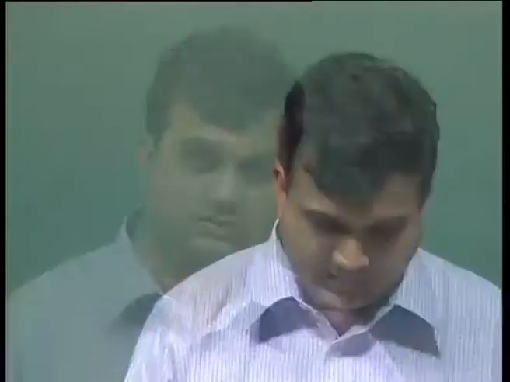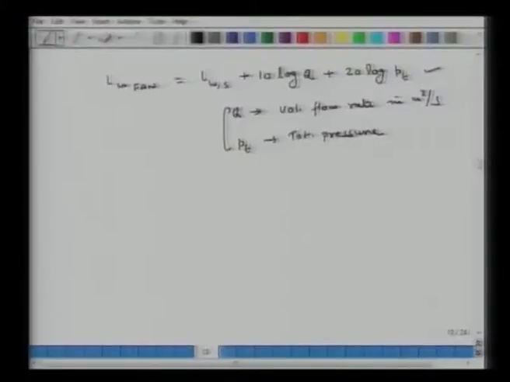I can use this table to the extent that I am not computing SPL at the blade frequency. Now, to compute the SPL at blade frequency, the last column you have is called BFI, blade frequency index. So, you add that blade frequency index number, that is also in decibels. So, this is the overall approach.